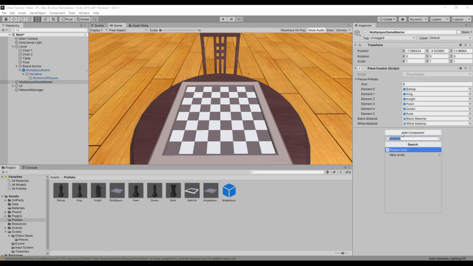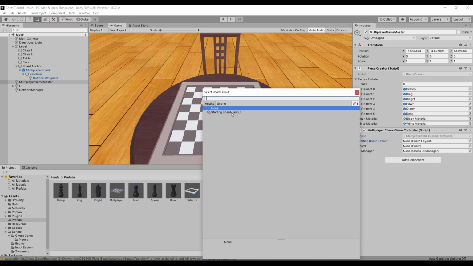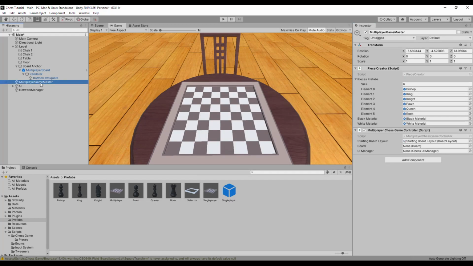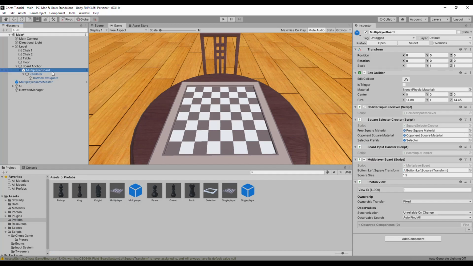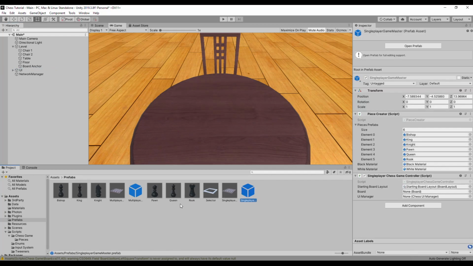Next, find the multiplayer chess game master game object and add the multiplayer chess game controller component to it, set the board layout reference and save it as a prefab. Now we have every prefab ready to be instantiated, and we can remove the board and the controller from the